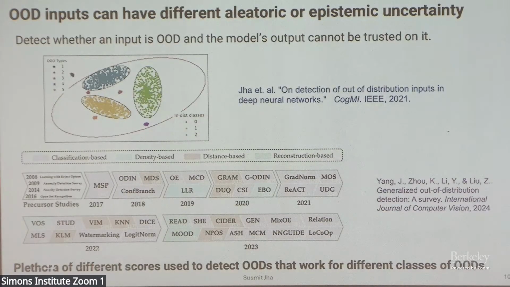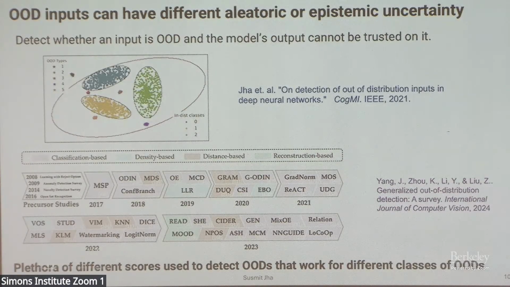And that gets reflected in all these methods that have come up over the last 7-8 years to do out of distribution detection. There are a bunch of those. I think the famous ones are the Mahalanobis distance, ODIN, Gram matrix. But there are many of those which are listed here. This is a really nice survey paper out there which talks about it. All of them do well on some classes of out of distribution. And my conjecture is mainly because what kind of OOD you're looking at determines which of these methods is going to work well.